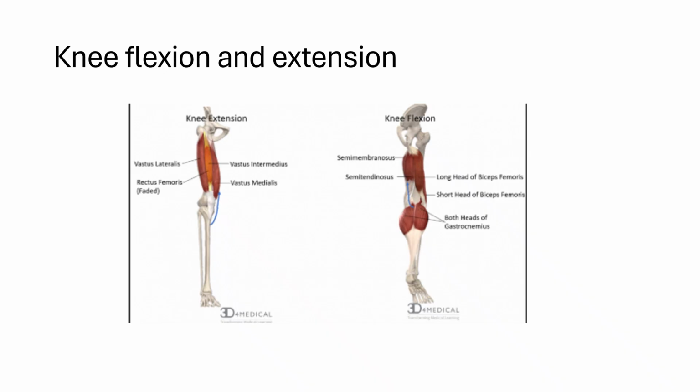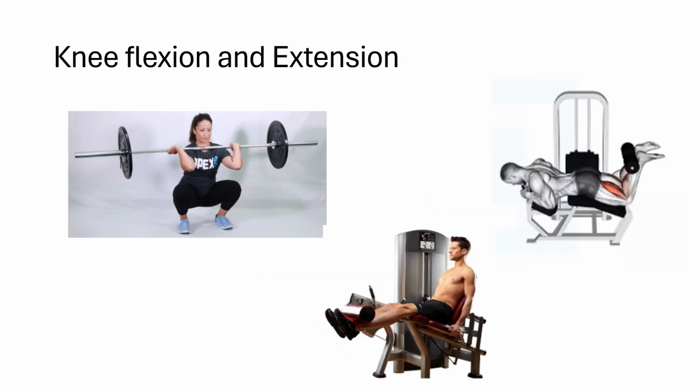One thing that is important to know about these movements is that with knee flexion, the range of motion usually gets up to a maximum of about 130 degrees, and then with knee extension, it's 0 degrees because it's when the leg is fully locked out. The different types of exercises that work the knee extension and flexion are the prone leg curl, the front squat, the seated leg extension, and then the lateral step up. All these movements are very important and can help strengthen all the muscles that are involved in the flexion and extension of the knee,